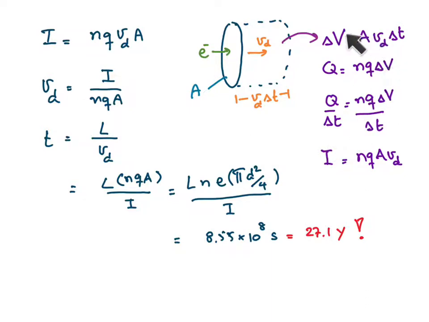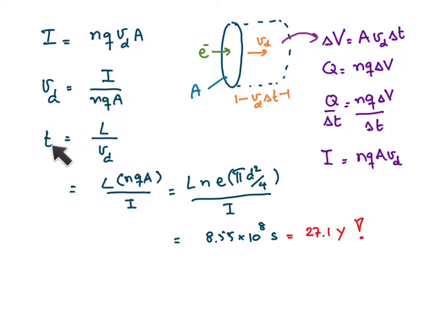When we express delta V equal to A Vd delta t, we can see that delta t cancels, and we have I equal to NQ A Vd, which is this expression. By rearranging this relation, we have that Vd is equal to I over